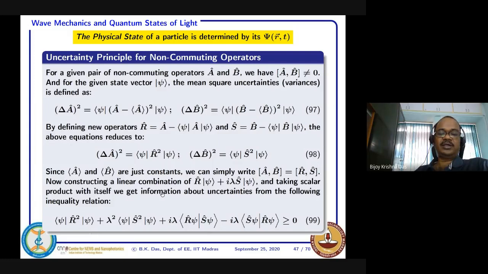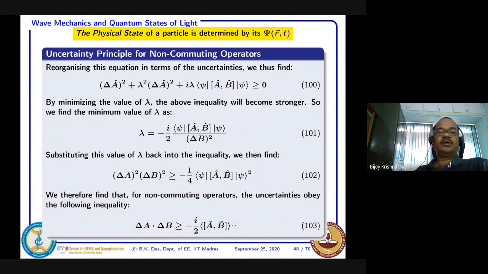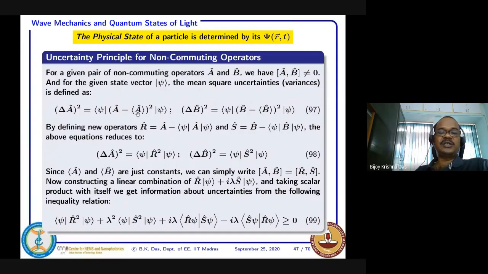I think you can just do a little bit yourself. A plus B minus A minus B, that you are multiplying, taking a dot product like this. So now reorganizing that equation in terms of uncertainties. Now you know that the uncertainty expressions are like that. So here, if you just do this, this is the task I want to give you.